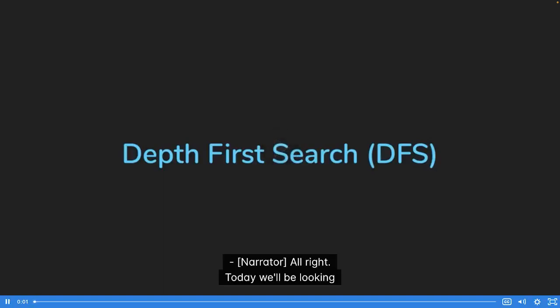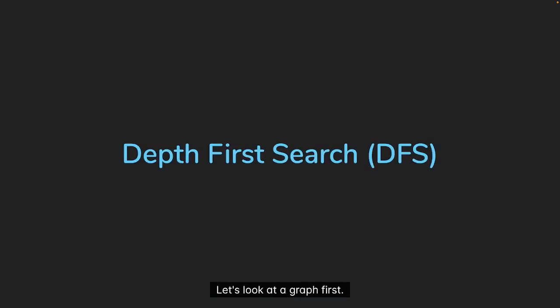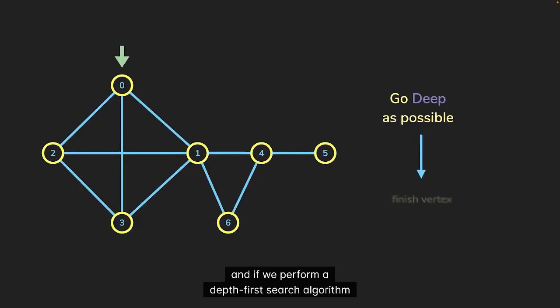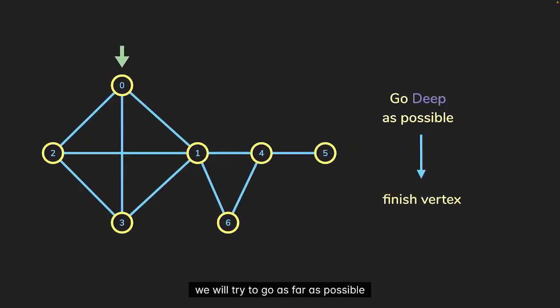Alright, today we'll be looking at depth first search. Let's look at a graph first. If we start at vertex 0, and if we perform a depth first search algorithm, we will try to go